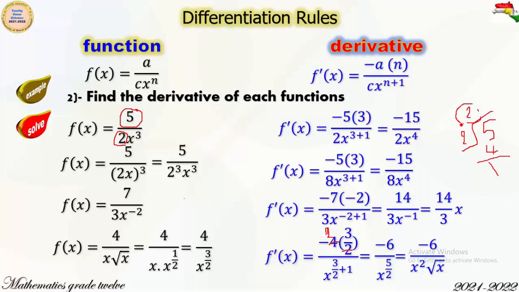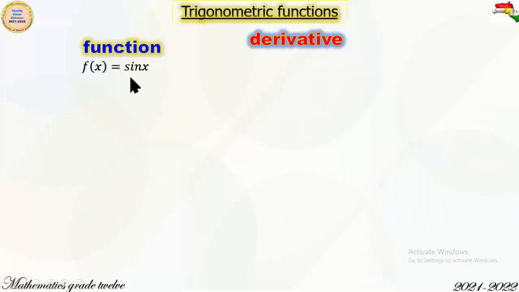This is the power of x outside the root, and this is the power of x inside the root. That means x squared square root of x. If you have f of x is equal to sine x, then f prime of x is